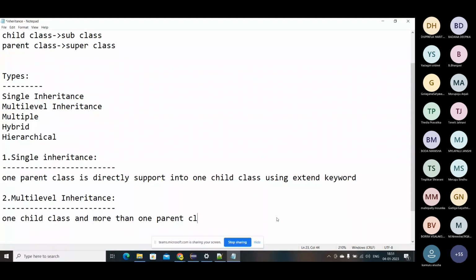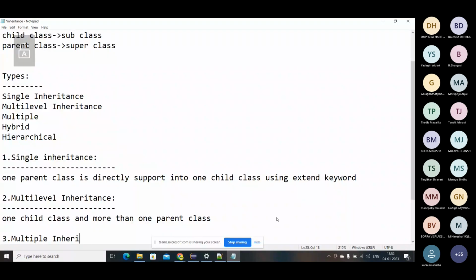There will be only one child class, but the grandparent class or the parent class can pass information to this child class. This is applicable in Java, but we cannot do multiple inheritance.